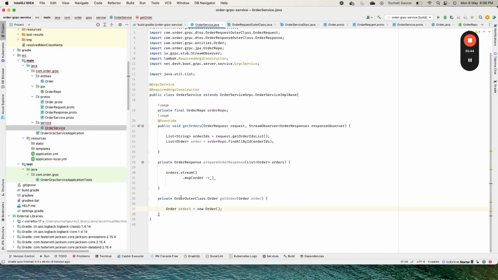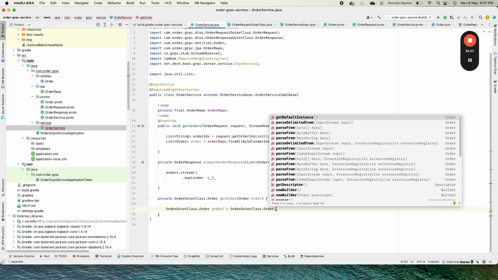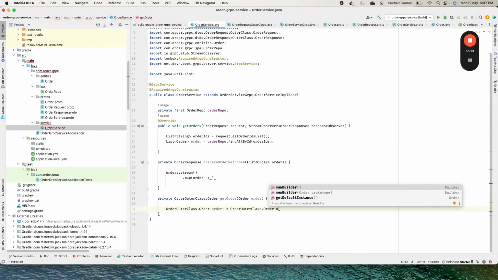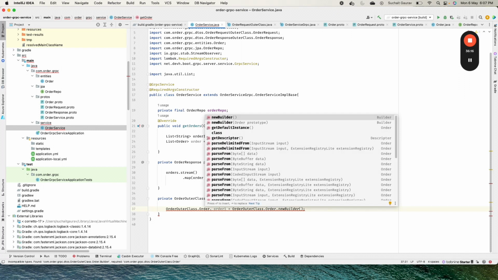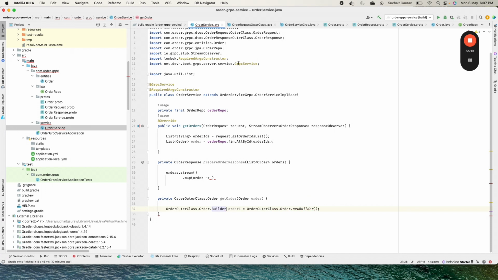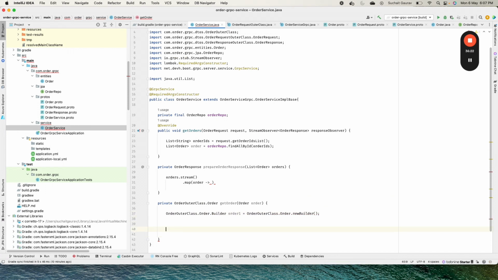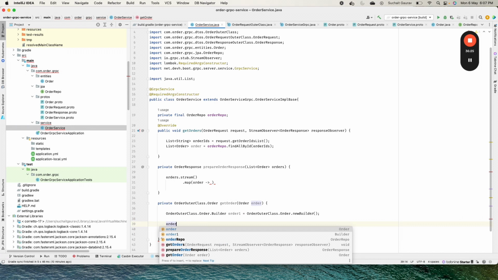Actually I have to use this order, but I don't think I can create this directly. I'll have to create the builder. So I'll say new builder, so this will be dot builder. Now to this order 1 object,